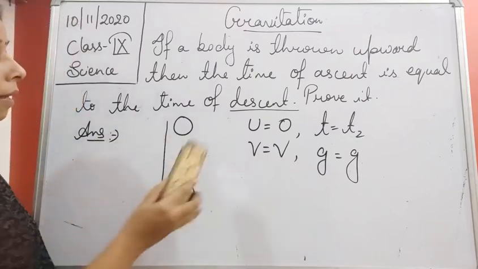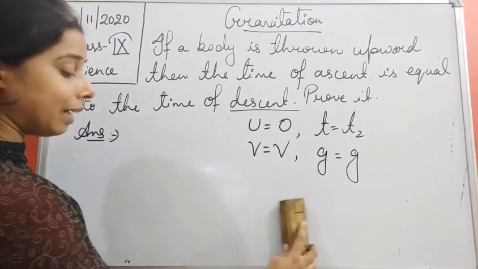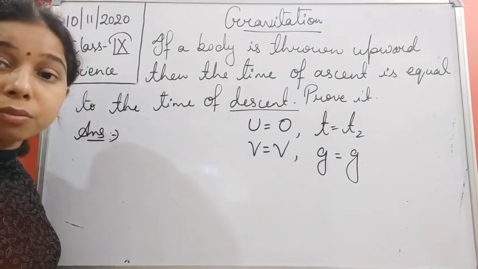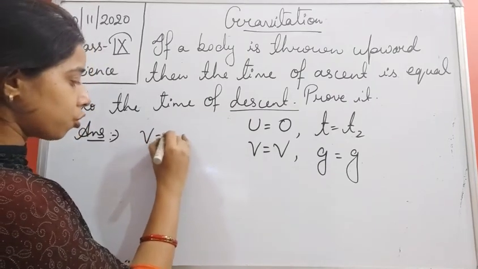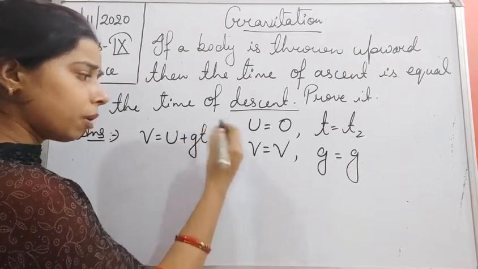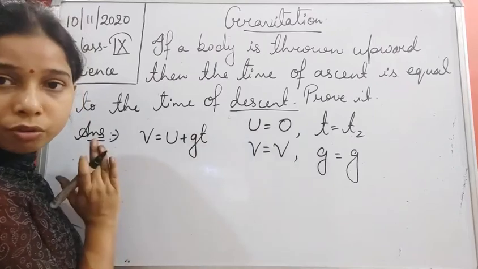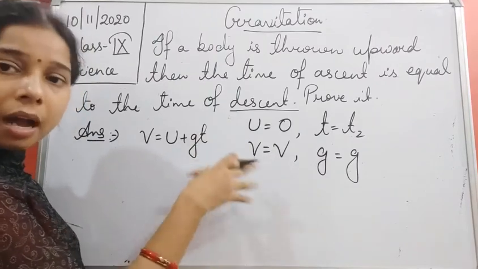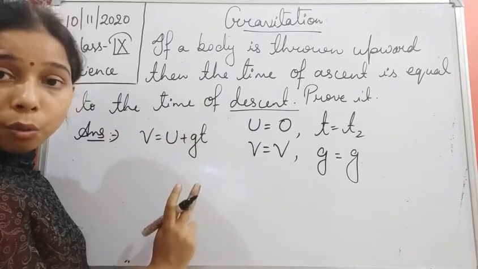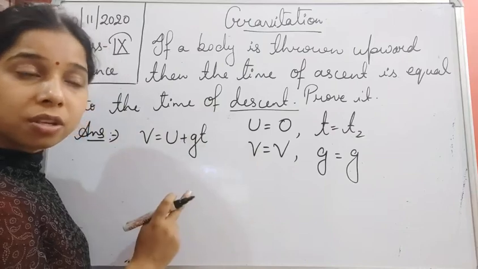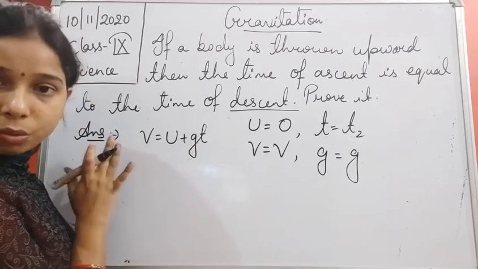Okay, so these are some of the values when the ball comes in the downward direction, or moves towards the earth's surface. Now taking the first equation of motion again, v is equal to u plus gt, because only this much is given, so we can use the first equation of motion only. If a height is given, at that time you are free to take any of the three. Since h is not given, and you know that in the second and even the third equation h is mentioned, we are going to prefer the first one.